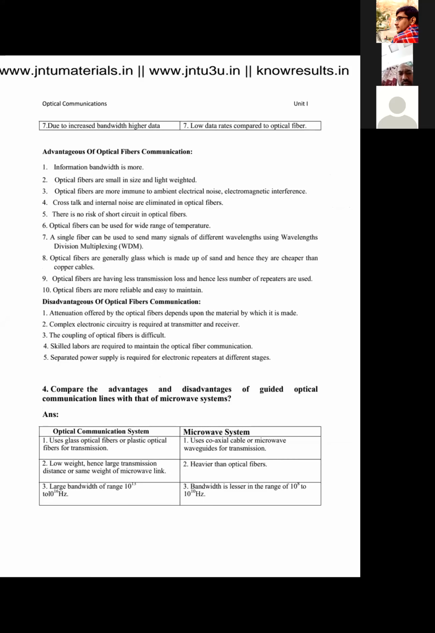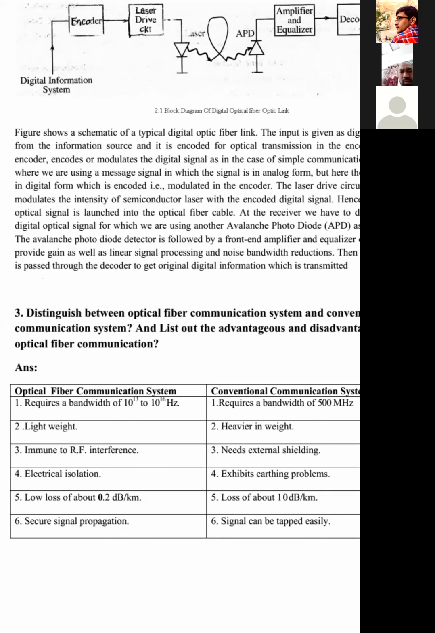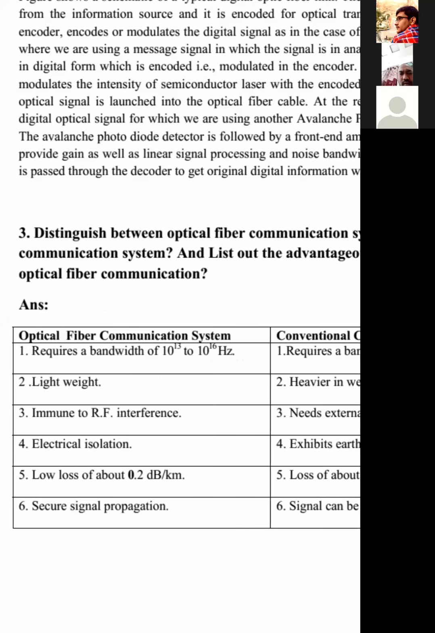Now see here. First point is regarding the bandwidth of optical fiber communication system. It has a larger bandwidth. The bandwidth range is around 10 terahertz. 10 terahertz means 10 tera. Tera means 10 power 12. 10 power 12 into 10 is 10 power 13. The bandwidth ranges from